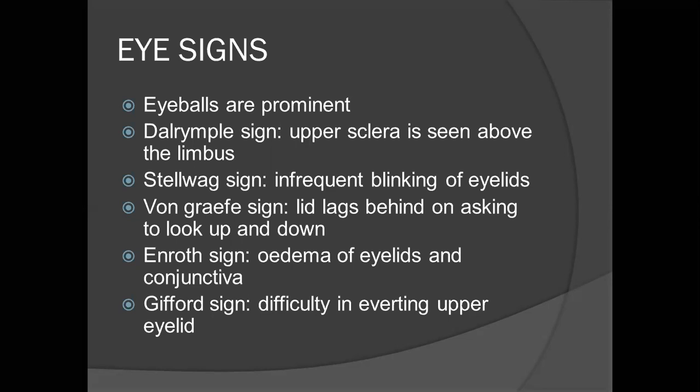Okay, what is Mobius sign? It is difficulty in convergence of eyeballs. Why does it happen? Inability. Because the eyeball is protruded in ophthalmosis, the muscles are stretched, so it is difficult. Complete external ophthalmoplegia might happen at a later date. But initially the simple stretching will not allow the eyeball to move freely, so they might have loss of convergence. Okay, what are the signs?